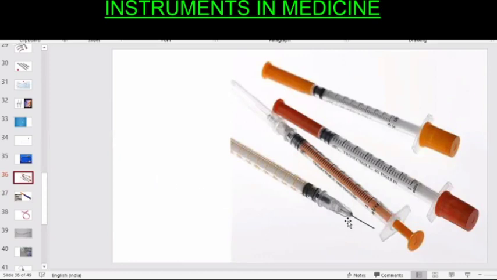And a 2 cc syringe we won't be able to fit with this fine needle. And this needle is specifically for subcutaneous or intradermal use. So never use a 2 cc syringe. Okay, sir. And these syringes are available free of cost in our municipal hospitals. So it is advisable not to use a 2 cc or 5 cc syringe to give insulin, because you won't be able to calibrate the dose.